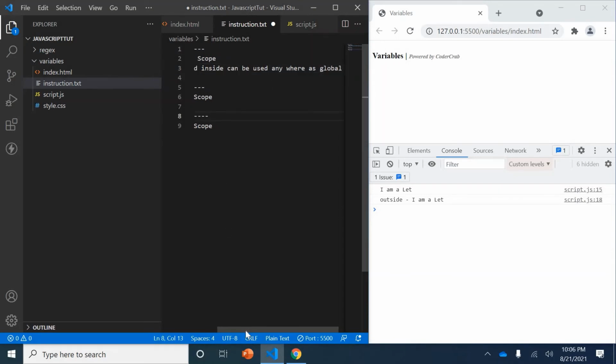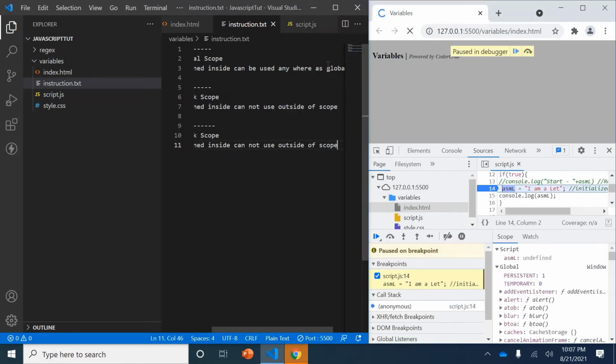Here we saw that defined inside cannot be used outside of scope. Same thing goes for this.